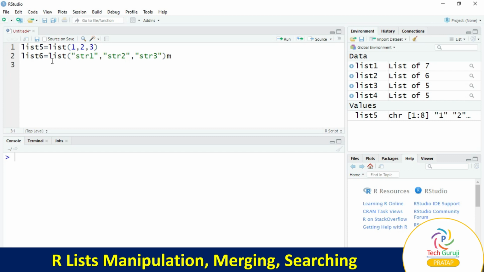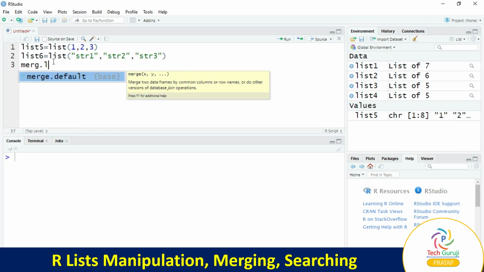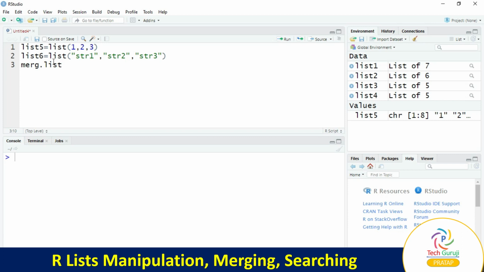We'll take the list name as merge.list is equal to, we'll use the c function to combine.